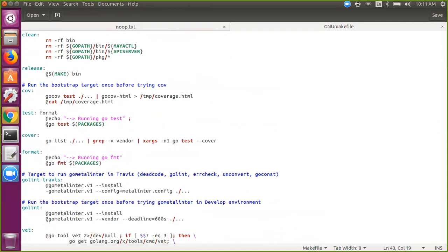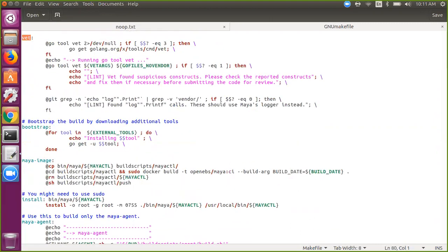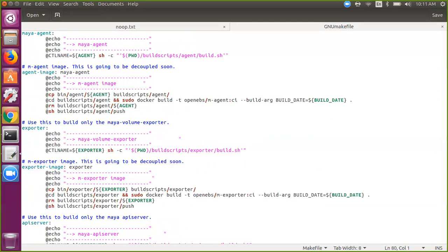What else? These are some of the coverage related targets, and linting related ones, then some more linting here. Yeah. And okay, if one scrolls down further, one will find the use of Docker as a binary, right? So the makefile has got some of the instructions, some of the targets, which has the ability to build